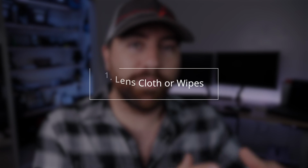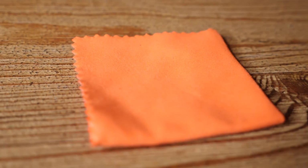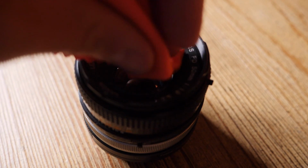Whether that's the microfiber cloth wipes, those are super cheap and you can put them anywhere. I have a ton of them. I have them in my pockets. I have them in my camera bag. I have new ones, and I trash them all the time because I always want to keep a nice microfiber